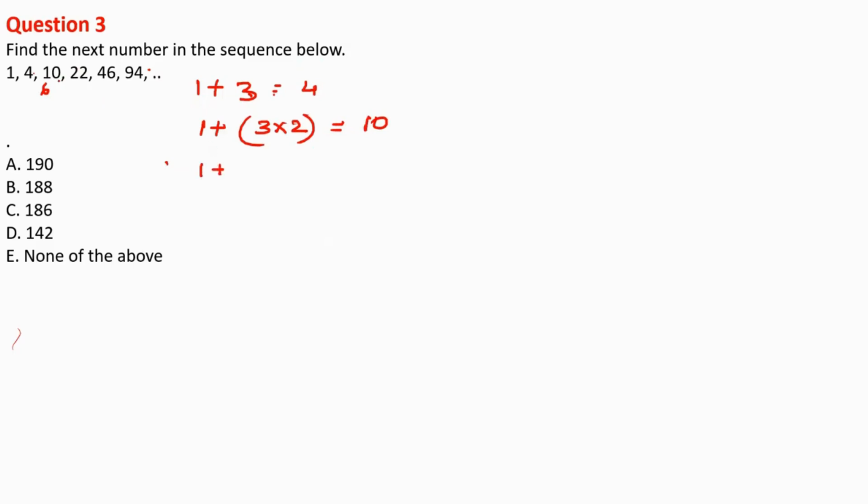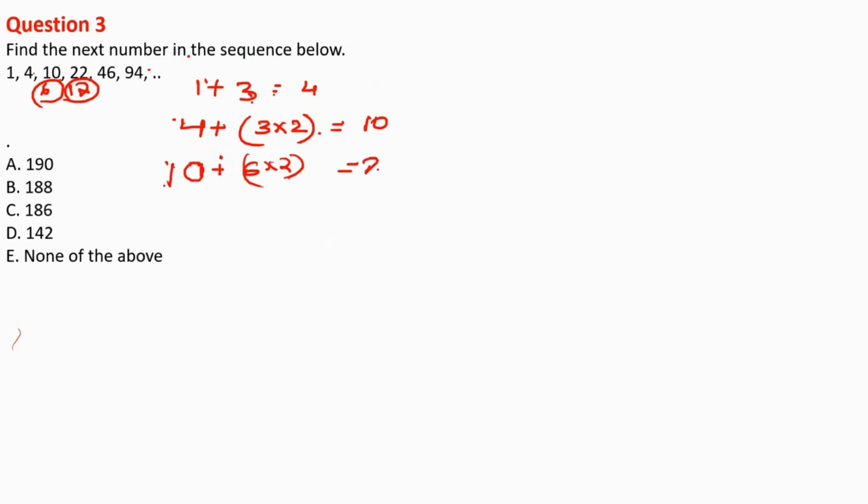Again, the next number is increasing by 10 and 22, the difference is 12. That means the difference is every next time doubling itself. It was 3 2 times, next it became 6 2 times, increased by 12. So 1 plus 3 was 4. Next over here, we had 4 plus 6, 10. After that, we had over here